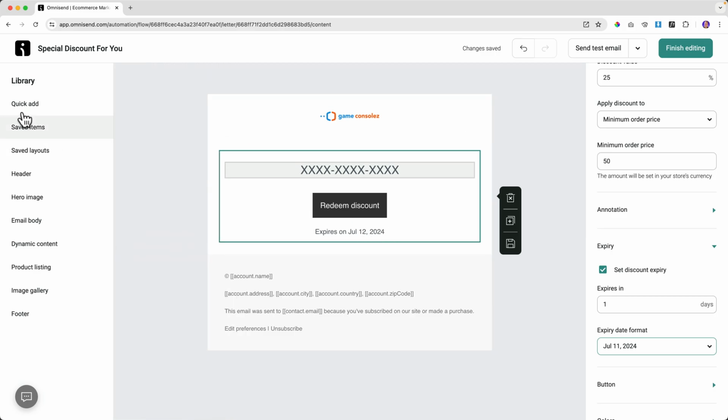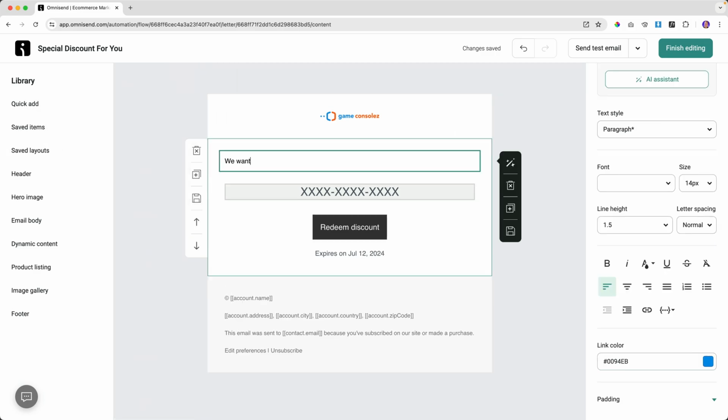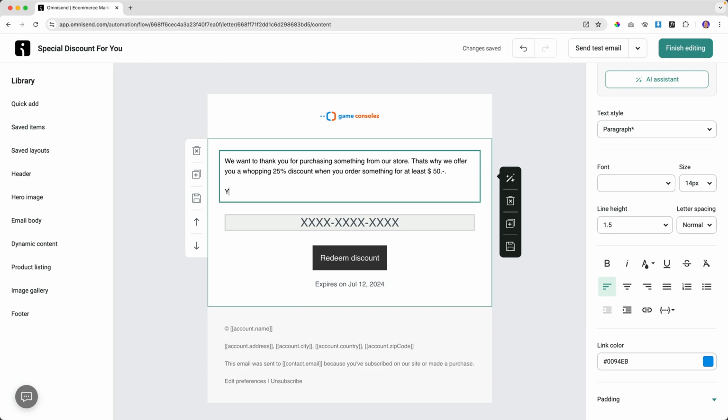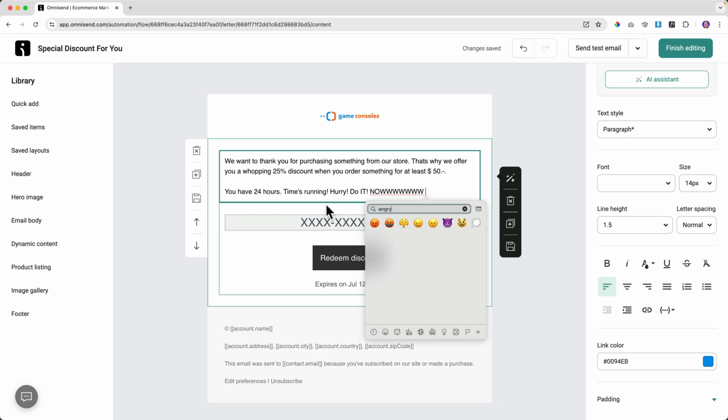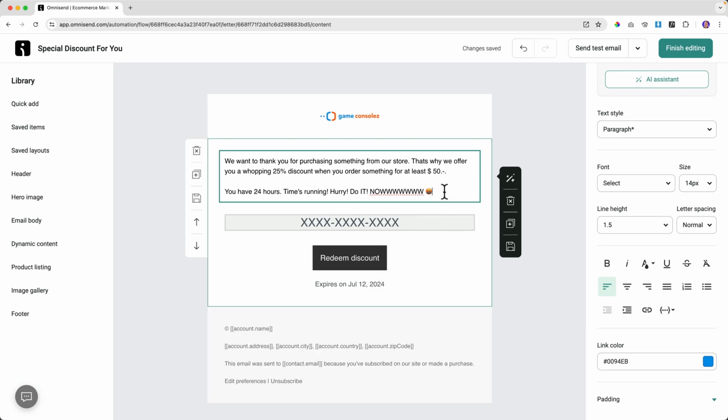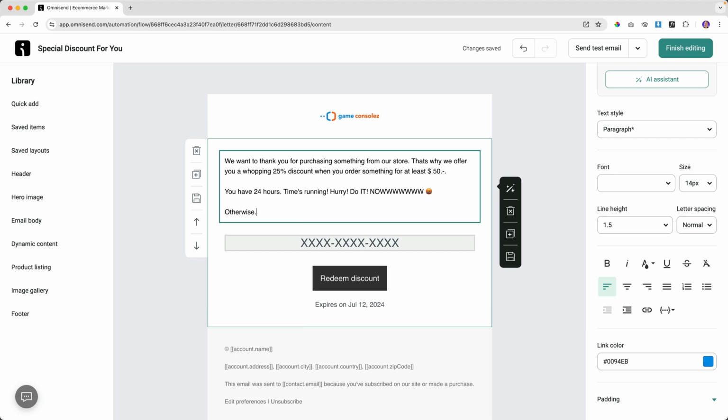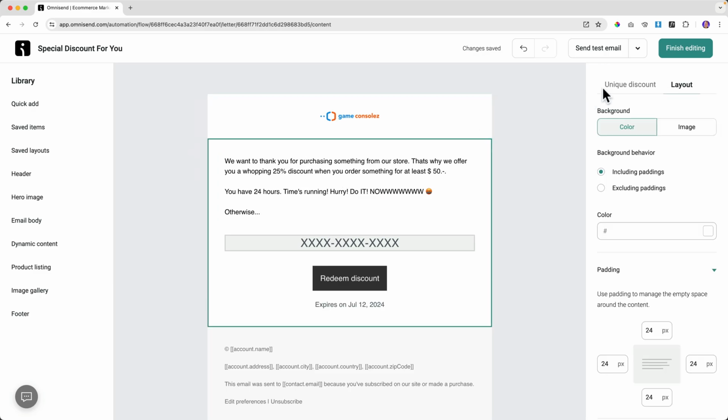And then of course I can have a text over here. So let me do a quick add. You have 24 hours times running. Hurry. Do it. Now. Angry, smiley, angry. Otherwise, no. Okay, I'm not a text writer, but you can make something beautiful out of this.